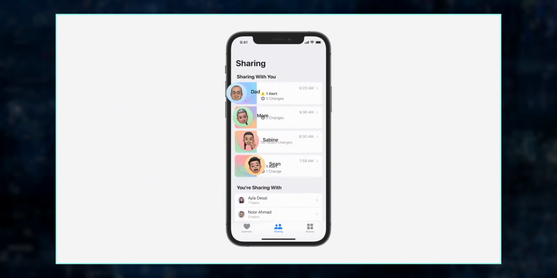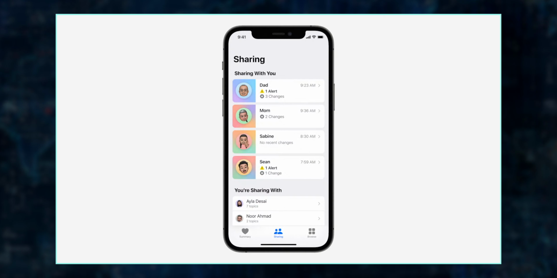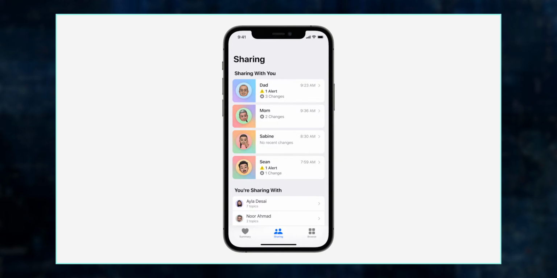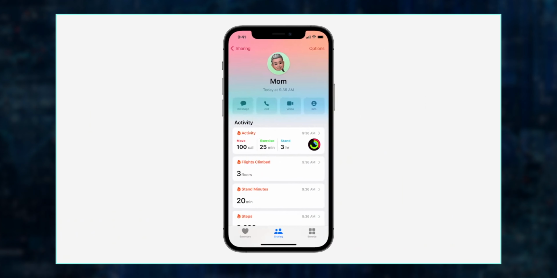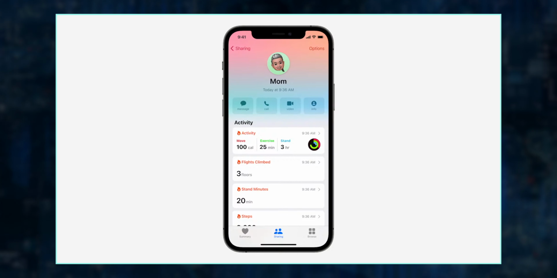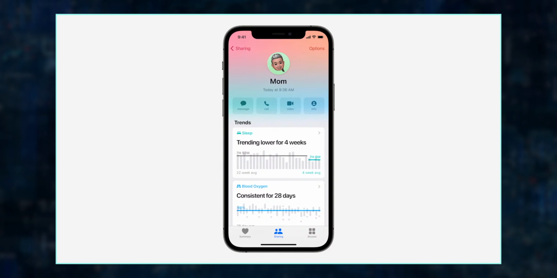And something really convenient for those that take care of your loved ones is that you will now have the option to share your health data with other users. So for example, if you take care of your mom and dad, you will have the option to ask them to share their data with you, and you will have access to their data on your iPhone. Same thing for your kids. You can have their data on your iPhone, so you can keep track of how they're feeling, if they're doing well, if they're not doing well, so you can take a close look and pay attention to their health.